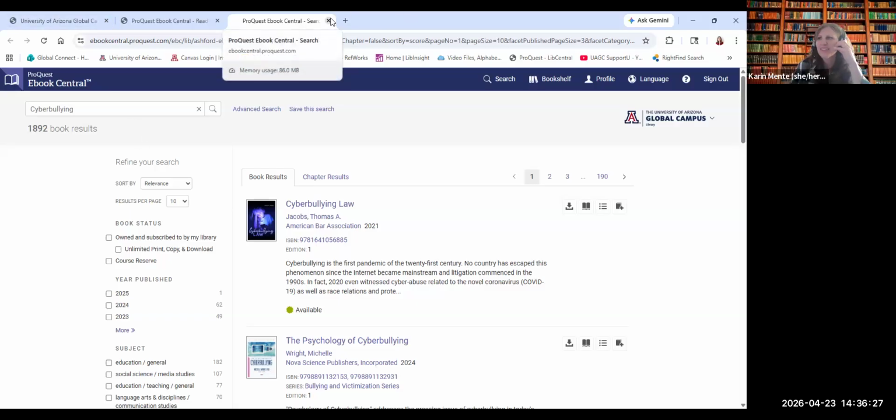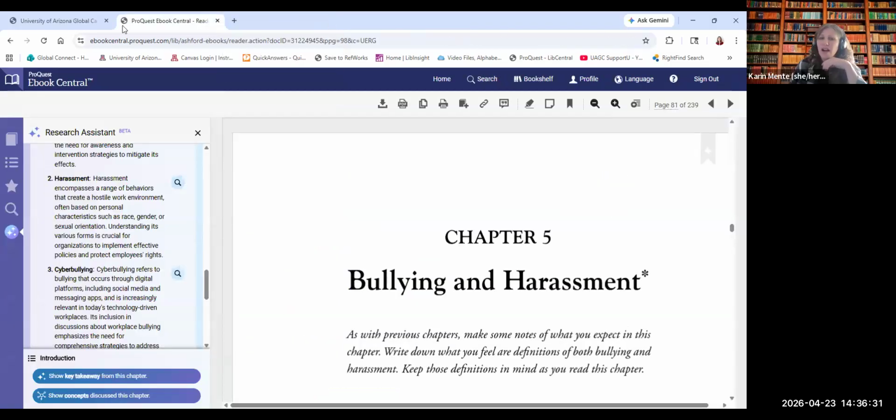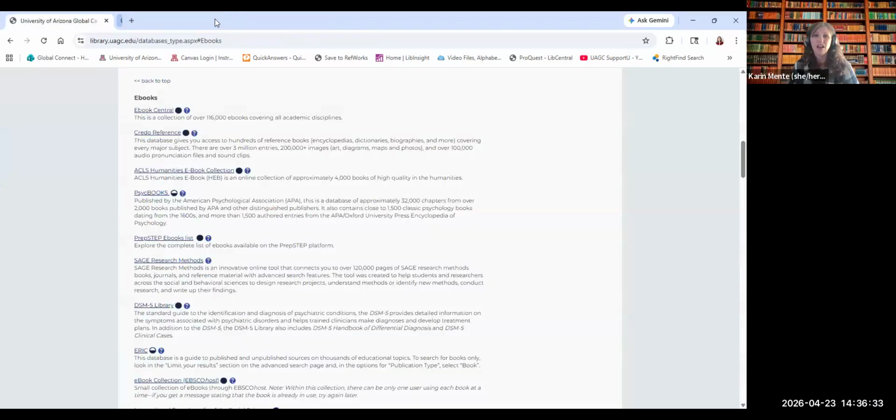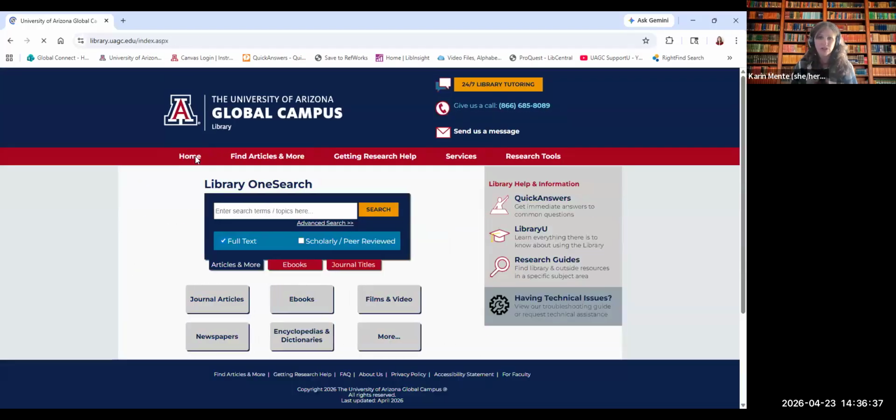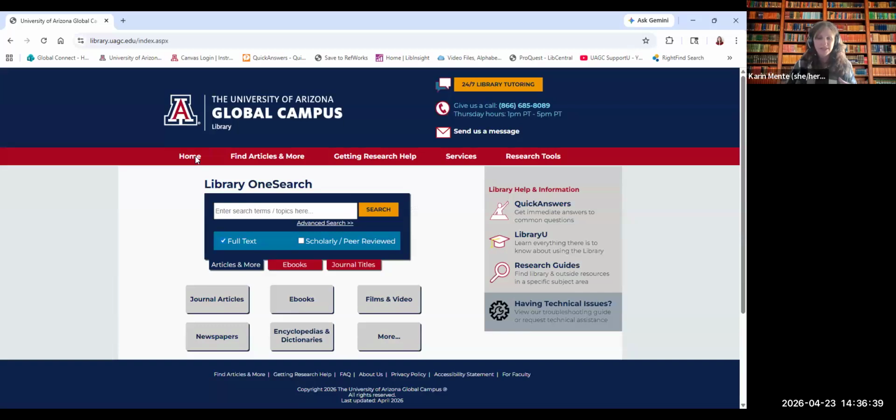So yeah, I really encourage you to check out these AI tools. And honestly, we are going to be seeing a lot more of this. These are features that our vendors are just putting into their databases. And a lot of times they ask us for feedback. So we love to hear feedback from students about what you discover as you go through the library, the tools that you think are really helpful and cool.